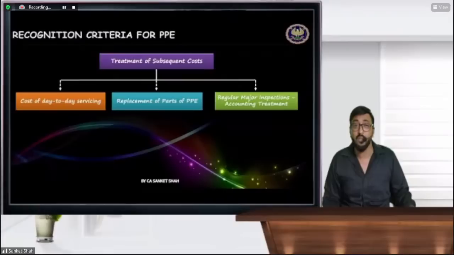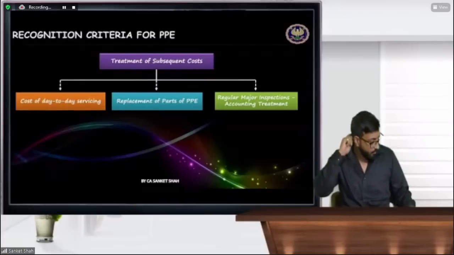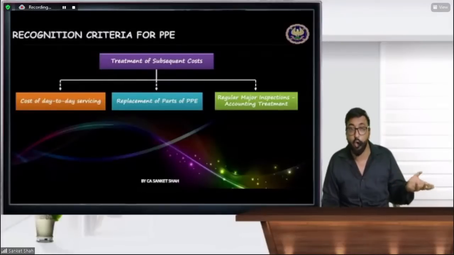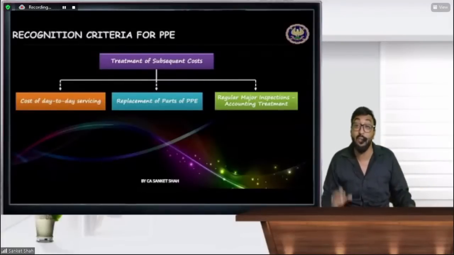For example, inspection cost, you have to do some inspection. In our example also, in the society's case, we have that swimming pool, and we regularly give some inspection cost to that person on a regular basis. Or suppose after 6-7 years, whether we have to replace that part or we will continue with the same machine, he will charge, because that person is very technical or highly qualified. So such people will take some fees from you, and how to treat that inspection cost?